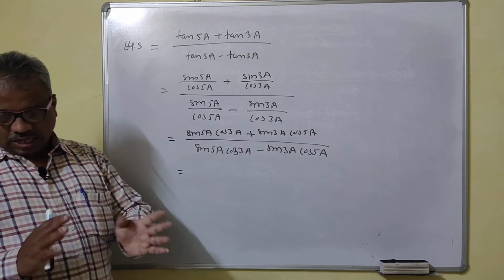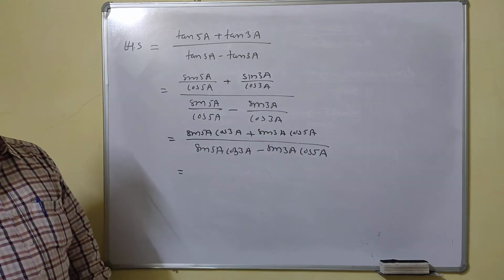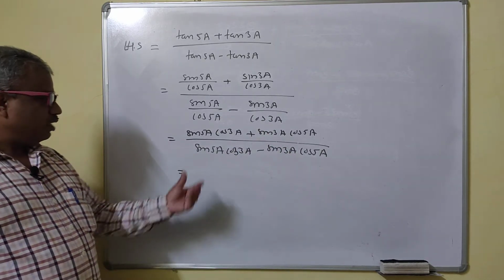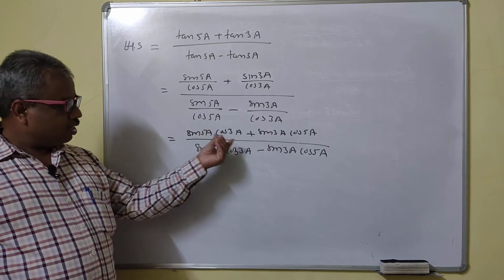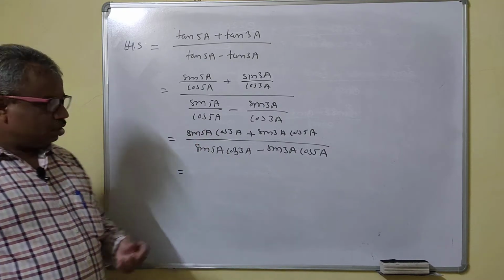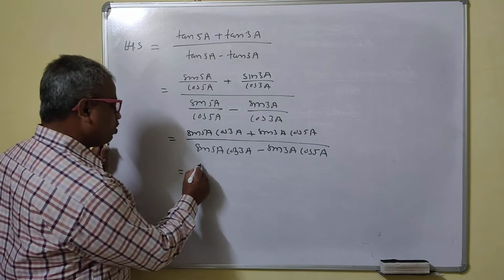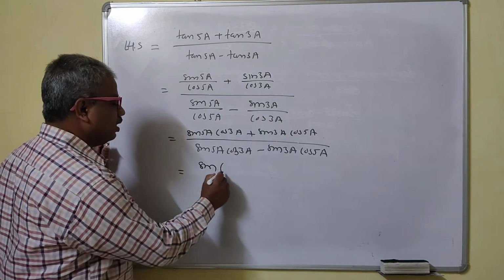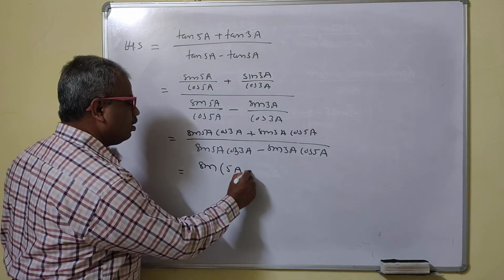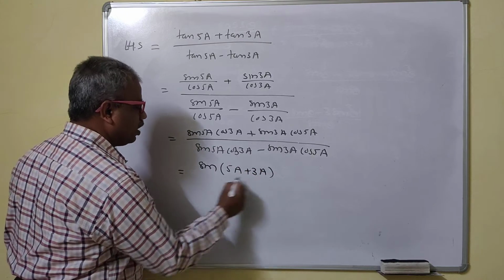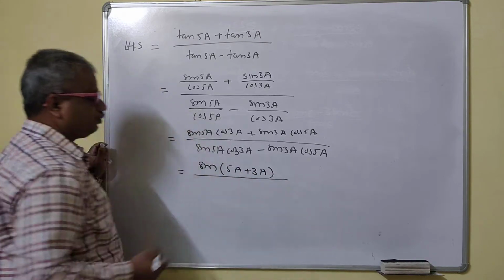That means this is the application of the formula for sin a plus b, right? So your a is what? 5a, right? Your b is what? 3a. So this is sin of, you have to take care of a and b now if a minus sign is there. If a minus sign is not there, then you can write anything now, no problem for that one. Upon.